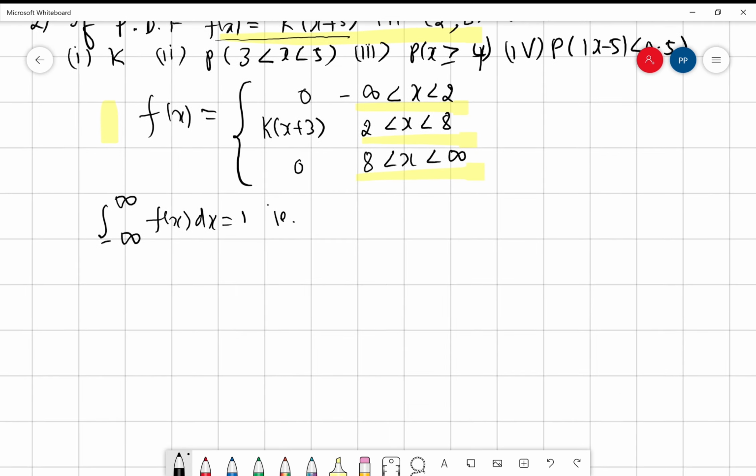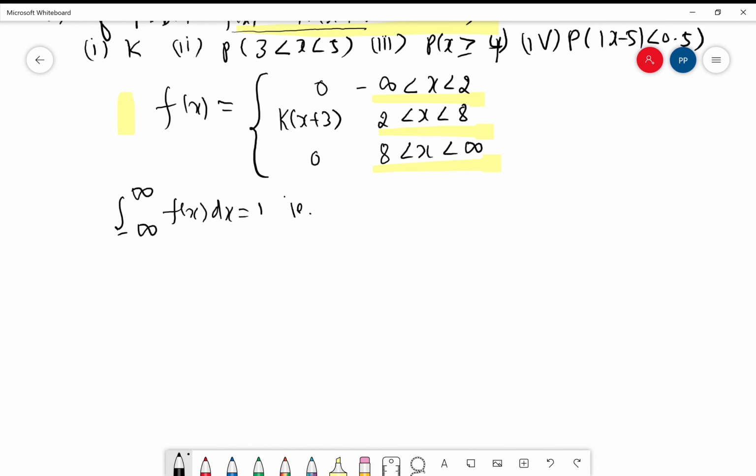So this function is split. Therefore, you can't substitute for f of x directly. Therefore, split the integral into three integrals, namely minus infinity to 2. There, what is the value of the function? 0. Plus the next integral, 2 to 8. There, k into x plus 3,